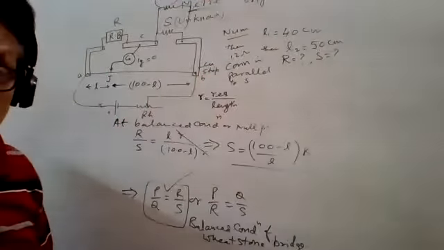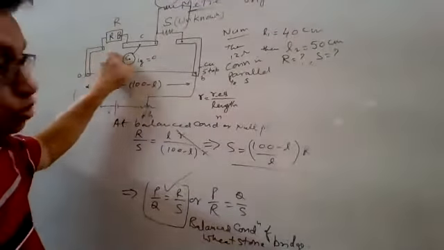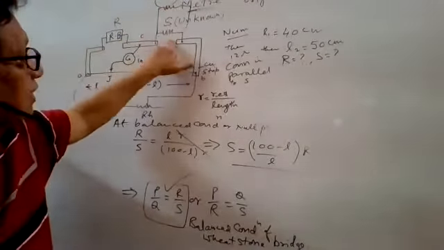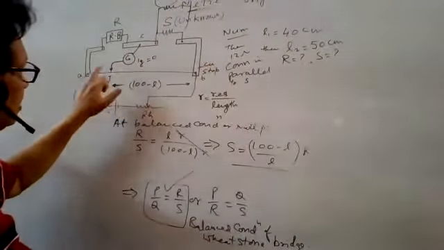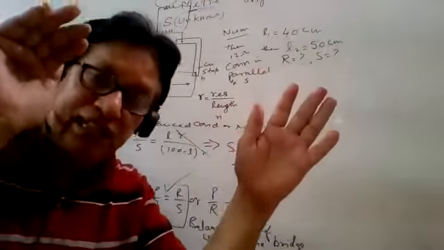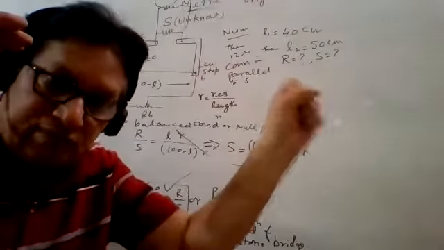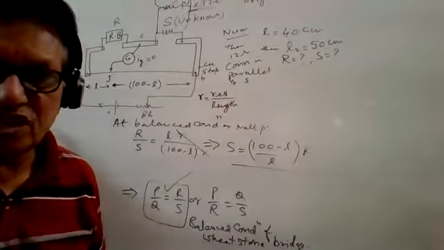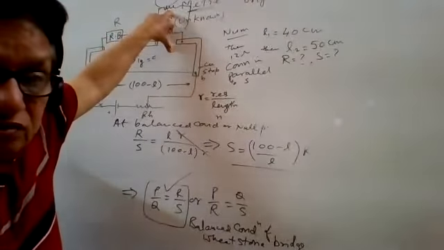towards right. In other words, you can say now R is dominating in parallel. Suppose you connect some resistance, 12 resistance, in series, then S will be increased and this is dominating, it means balance point must shift towards left. In the ratio R and S, if R is dominating, the balance point must shift towards the weaker one, means towards right. If this is more, the balance point must shift towards R. Got it now? It means with parallel resistance connected to this, balance point is shifting towards right.